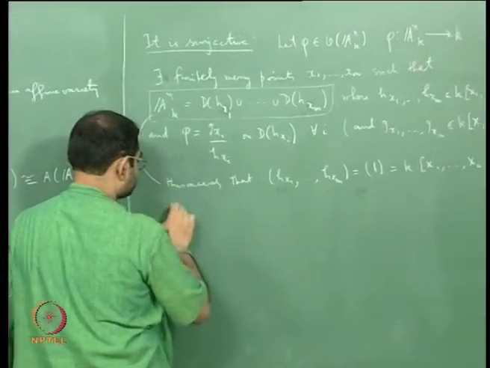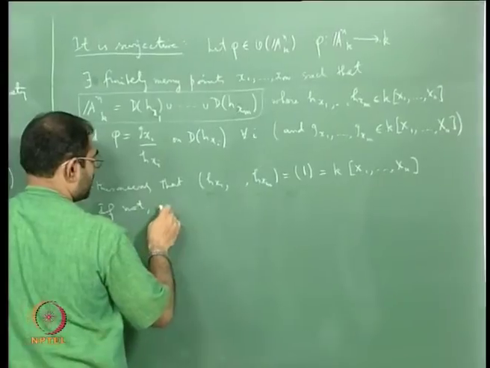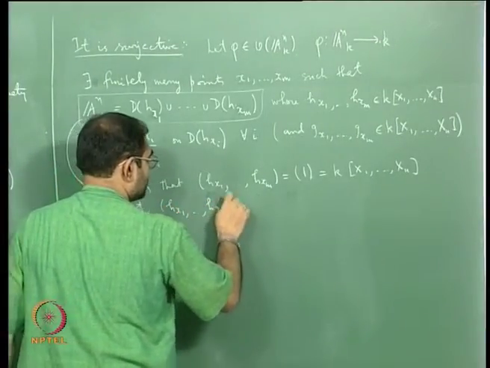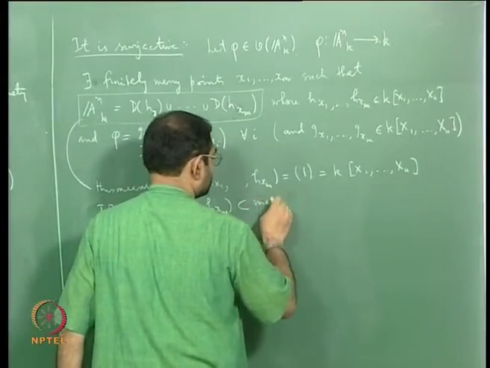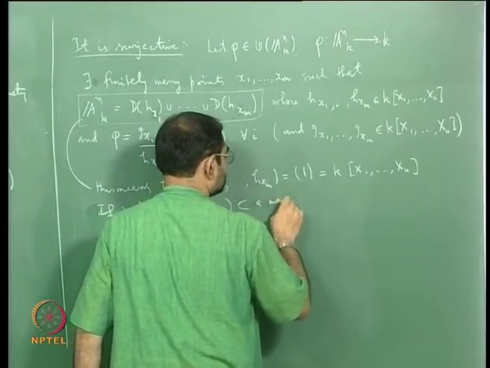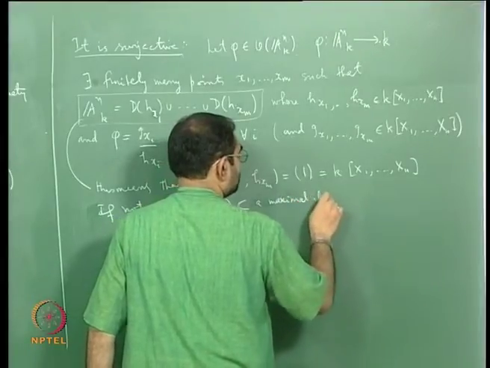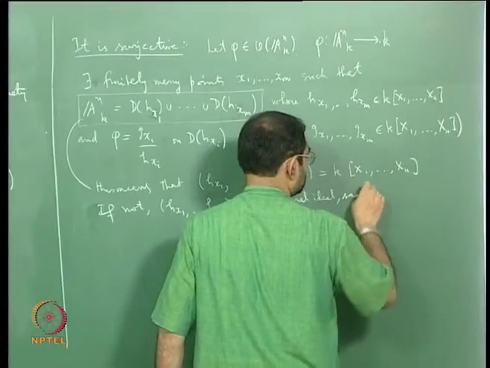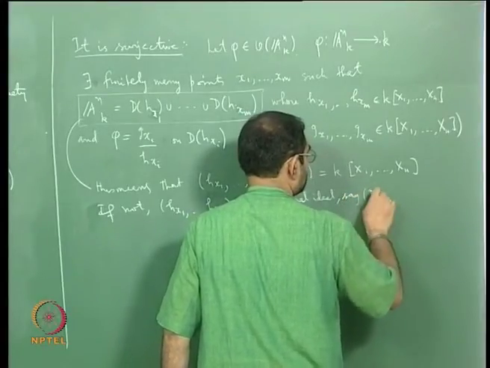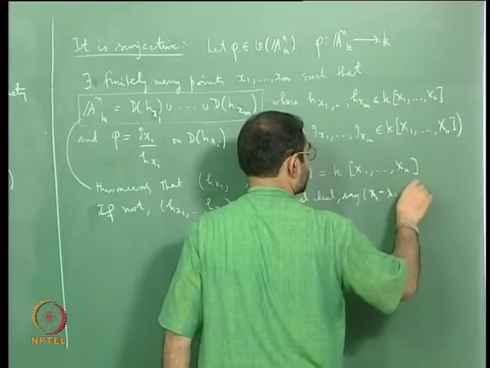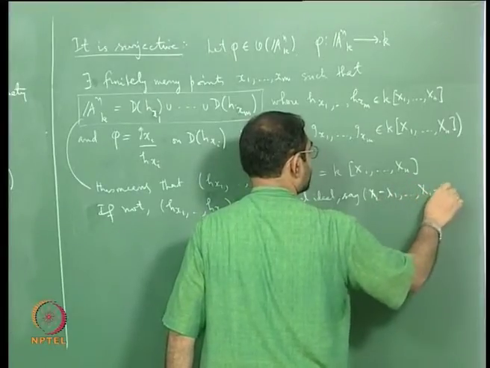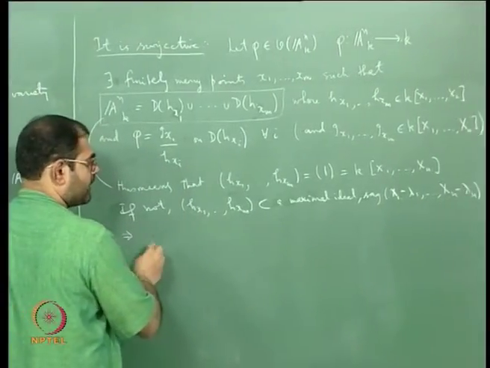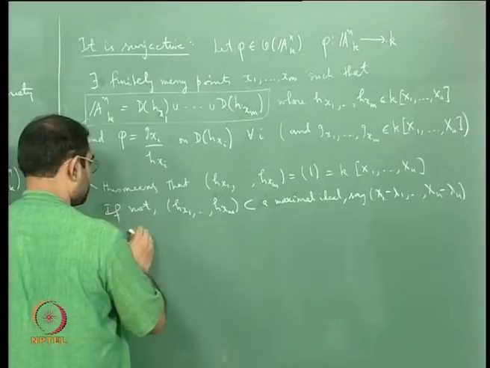If not, the ideal generated by h_x1 etc. h_xm is contained in a maximal ideal which is of the form, say, (x1 minus lambda 1, etc., xn minus lambda n). Okay, this will tell you that you see, it will tell you that